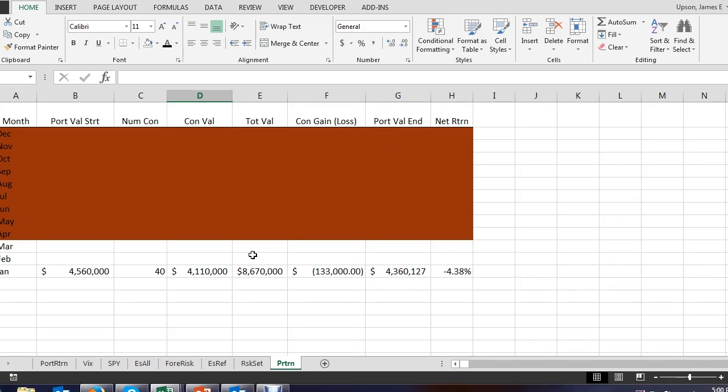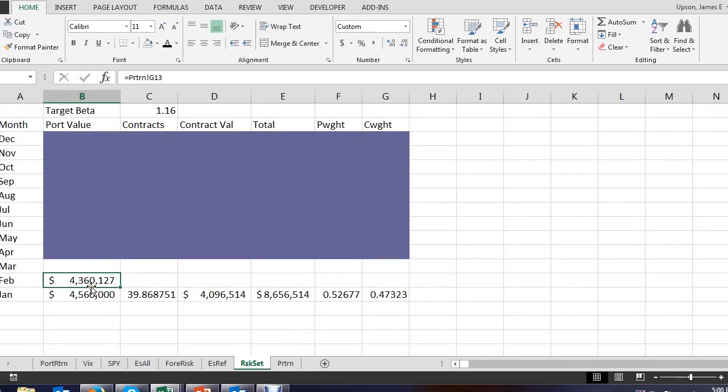Let me also zoom up on this one a little bit closer so you can see the equations a little bit better in the spreadsheet. Let me open that up a little bit more. There you go. Okay. So here we go, on to the next one. So this is again my starting value. This is the number of contracts. Now the targeted beta